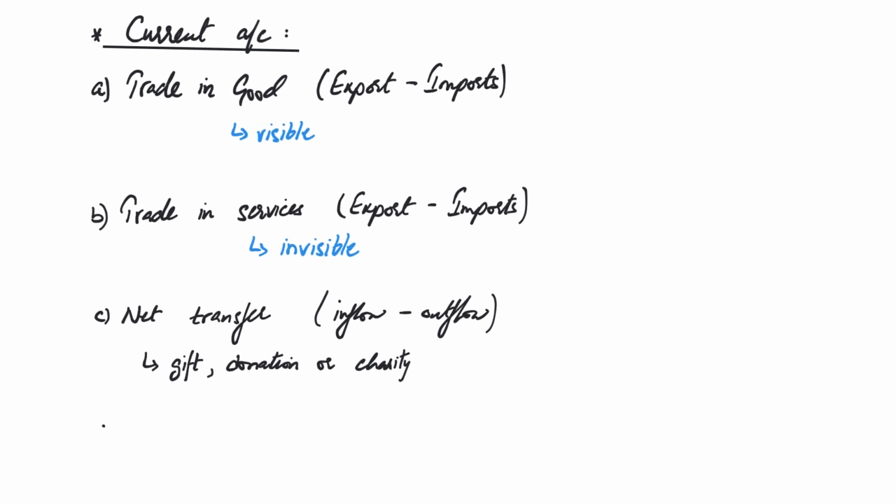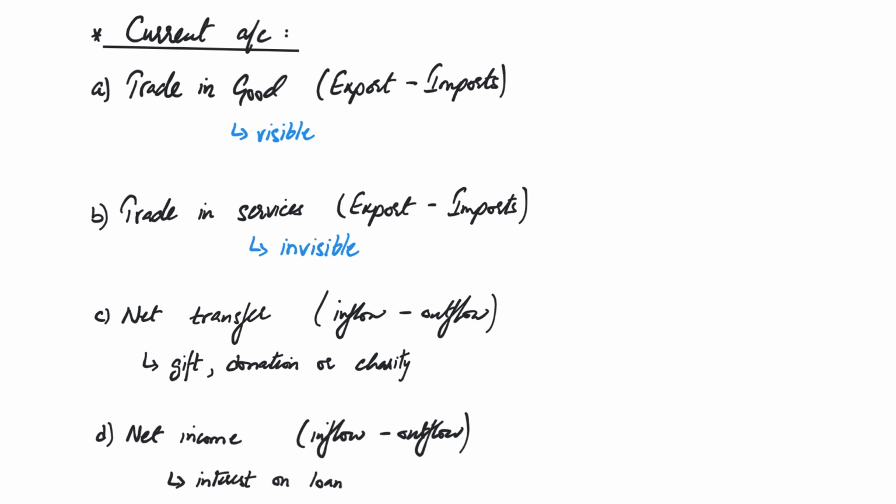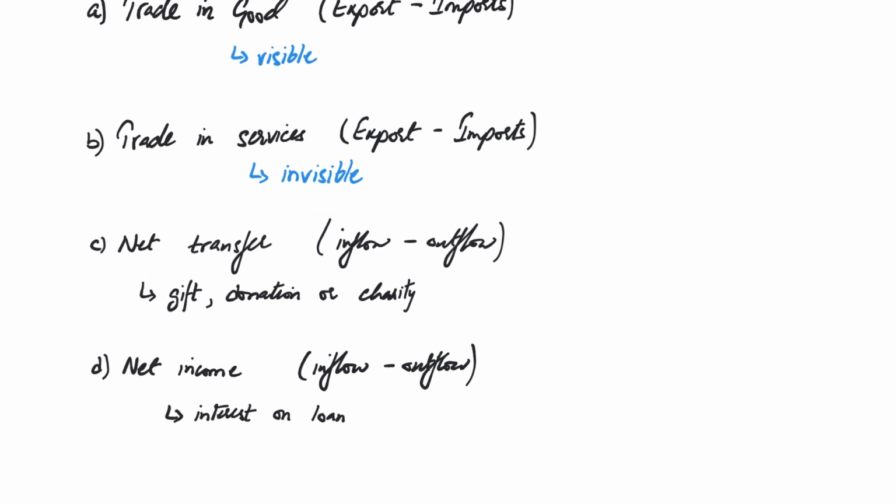And lastly, the fourth account is net incomes. Now, this is the money that you've earned. इसमें भी you look at all the inflows and you subtract all the outflows from it. इसके reasons could be things like if your country you have given loan to somebody, if you've received it, it will be an inflow. If you had to pay back, it will be an outflow. It could be dividends